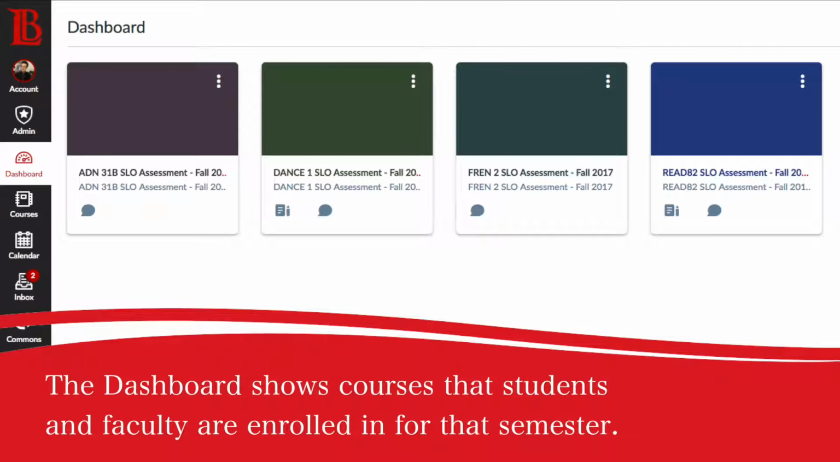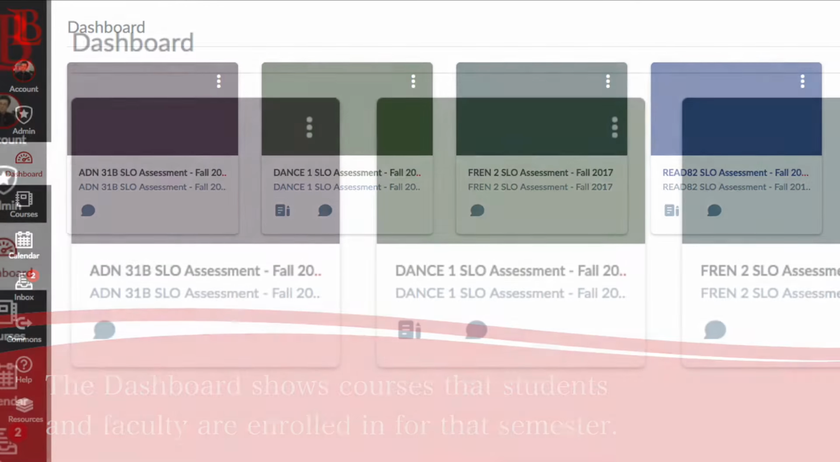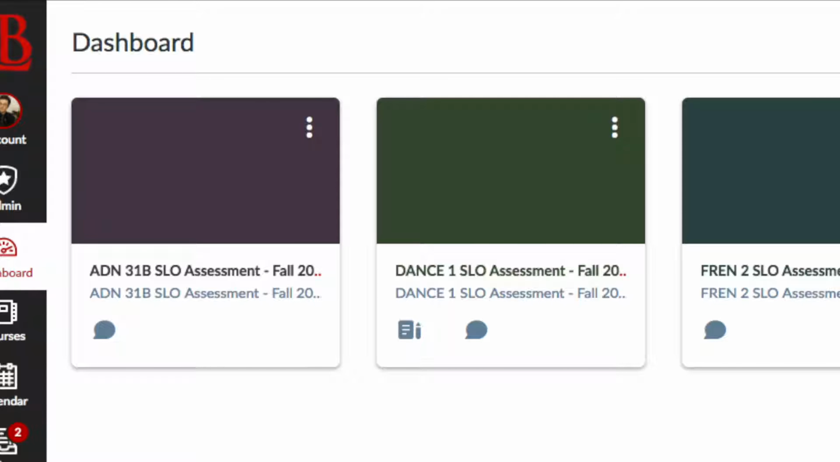Once you log into the Canvas Learning Management System, you can navigate to your dashboard in the top left corner. This is where you can see all of the different courses and the SLO assessment shells that have been created and within which you're a teaching faculty member. In this case, we'll take a look at how to grade by rubric using the Dance 1 SLO assessment shell